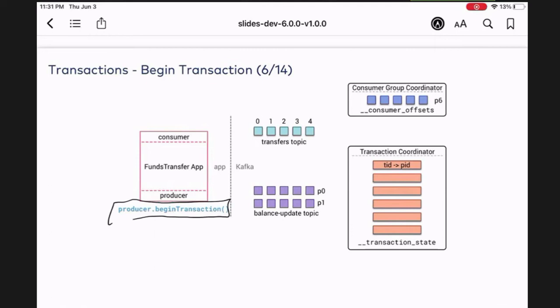If you have started a new instance of the same program, they tend to have the same mapping, but they have different epochs, and the first one will be fenced off. It cannot commit, and the transaction will be automatically aborted upon expiry of the transaction also. Your transactional ID is the string that you set, and the producer ID is one that would be given to you automatically. And the epoch is the one that would be bumped. If you restart it, that's the part I wasn't sure about. If I just restart it, will it change this, right?